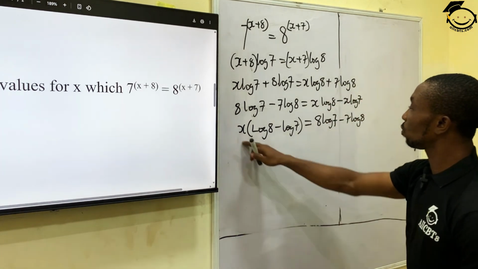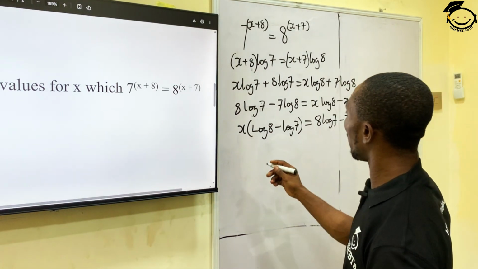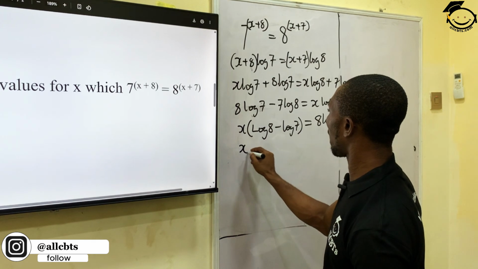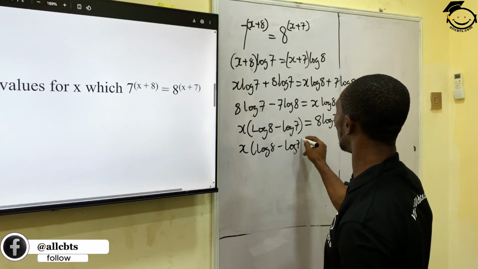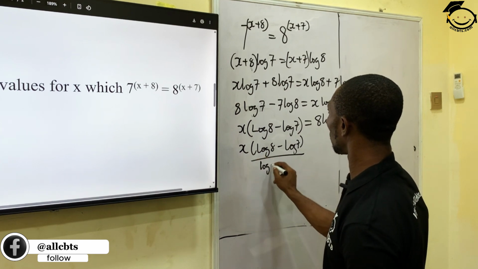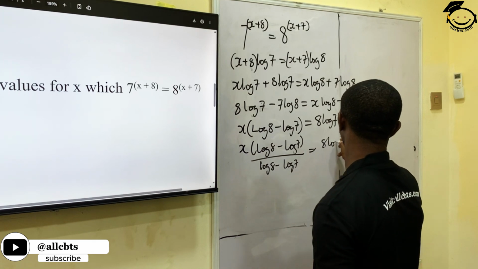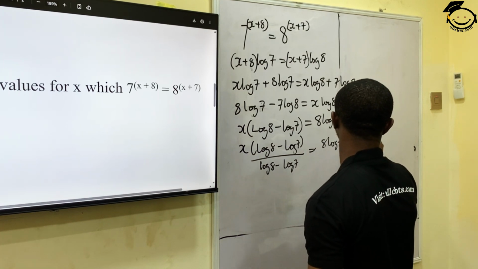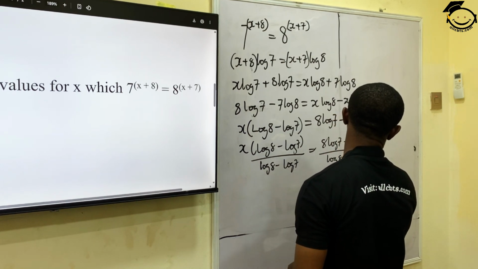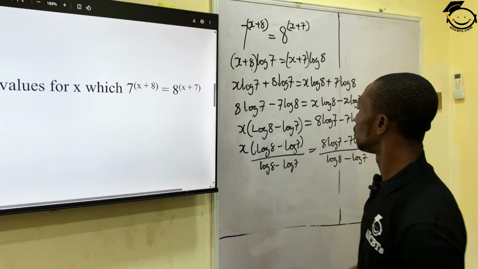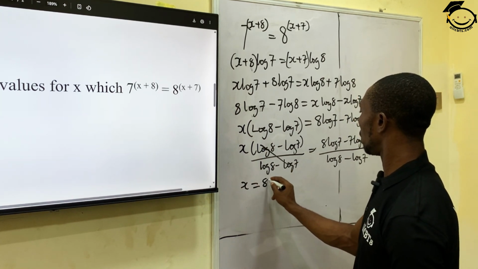Since we are looking for the value of x, we divide both sides by log 8 minus log 7. So x log 8 minus log 7 all over log 8 minus log 7 equals 8 log 7 minus 7 log 8 all over log 8 minus log 7. This cancels out, leaving us with x equals